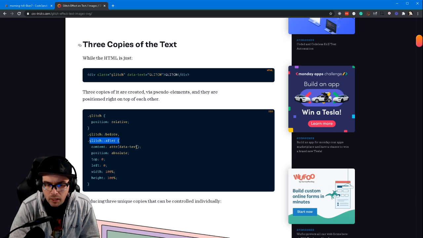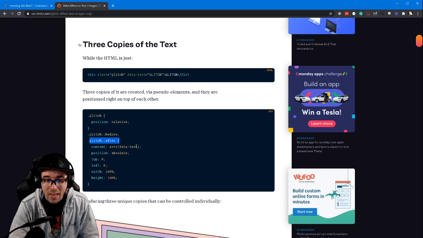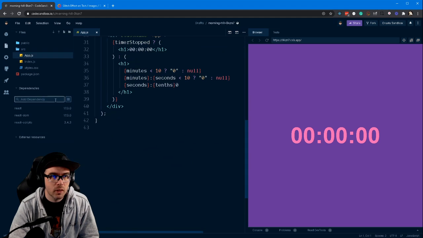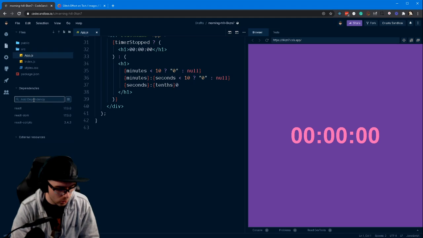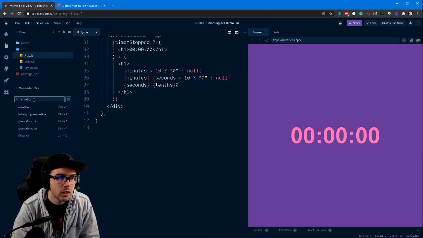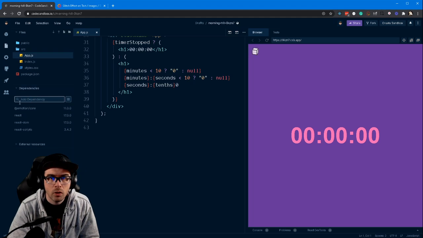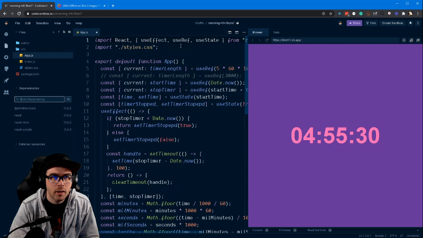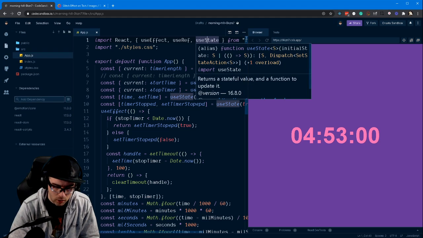And I want to make this as programmatic as possible, right? Like I want this to scale. The more I add, I just want it to work. All right. So what we're going to do first is add a dependency called emotion core. So that'll add that dependency, which is sweet. Now that I have the emotion core,